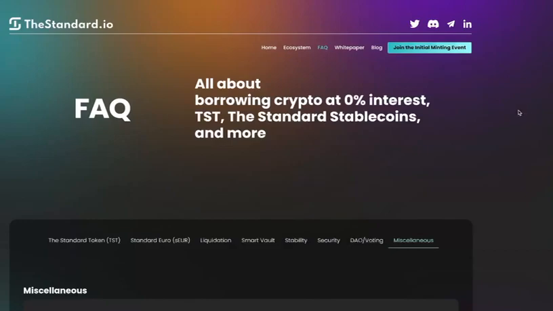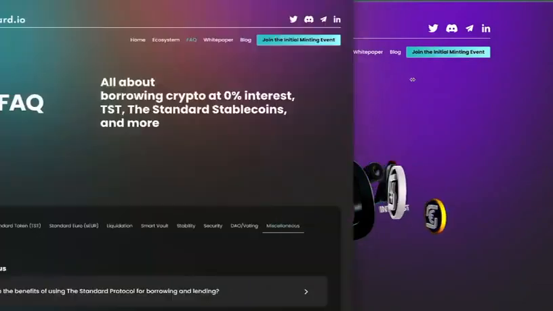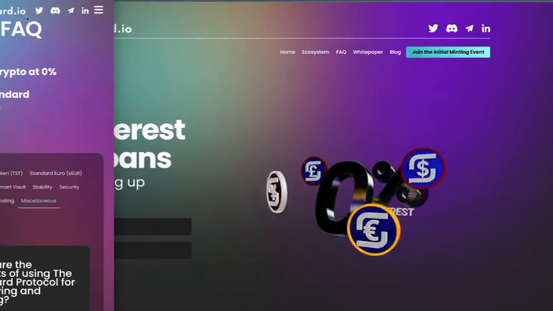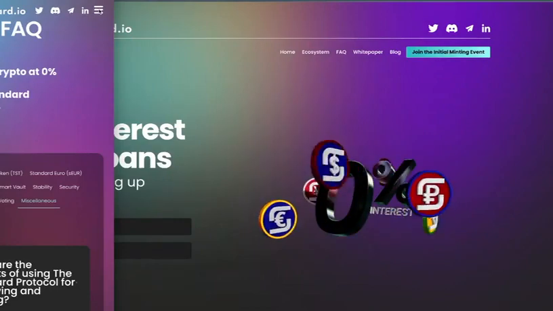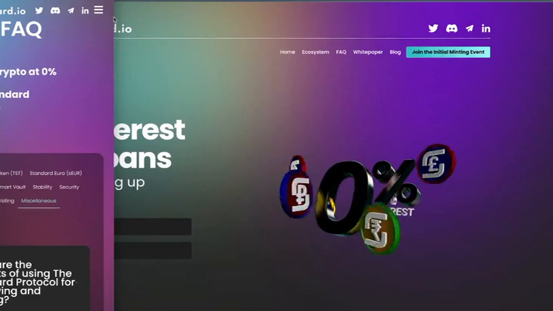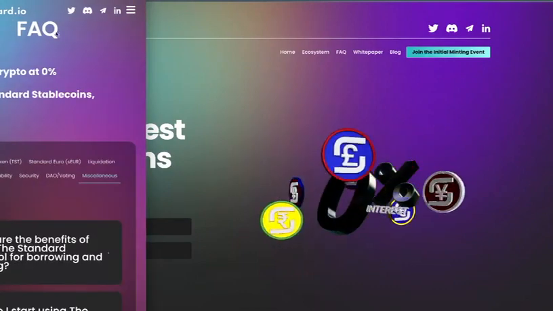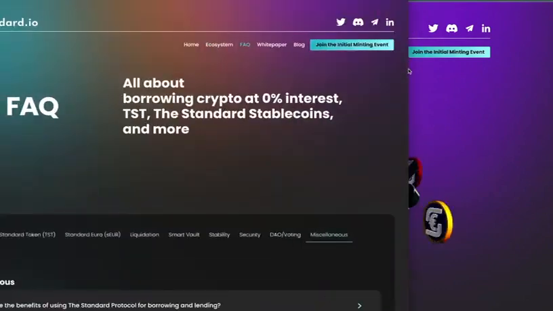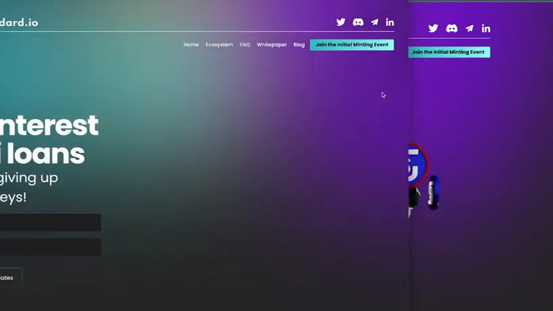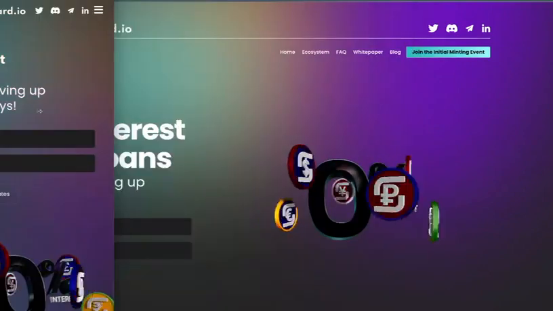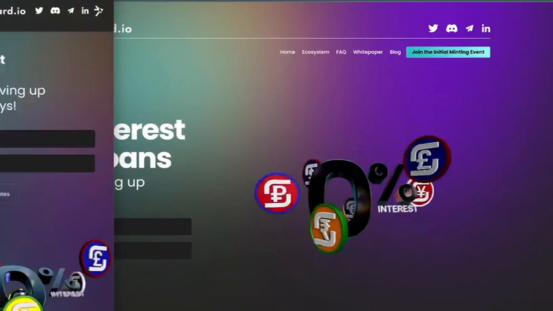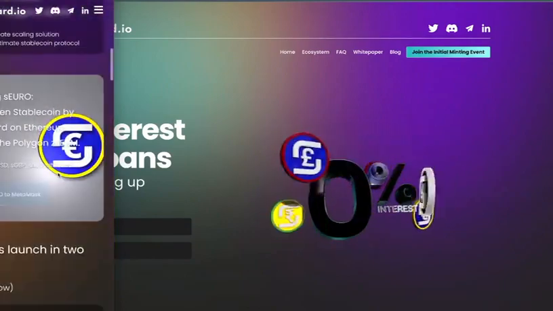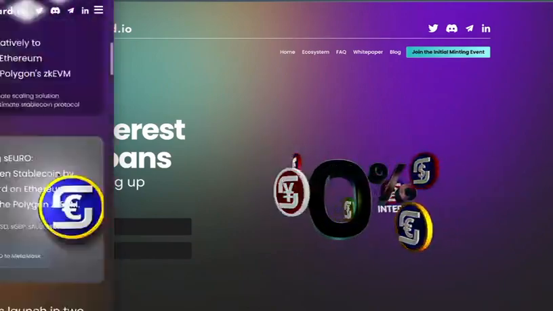The responsiveness is really cool now because everything works a lot nicer. And as you can see here, it's all mobile friendly.